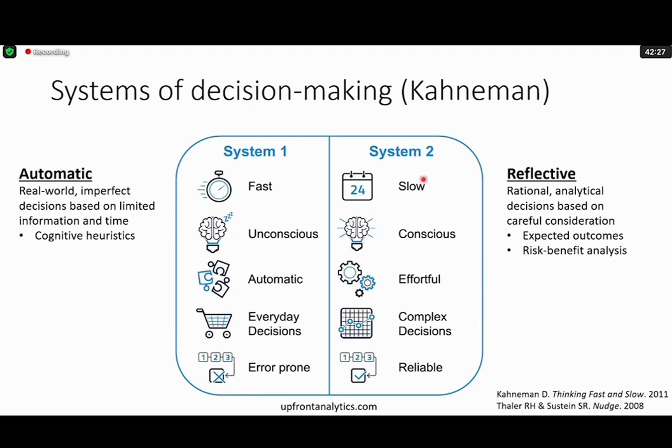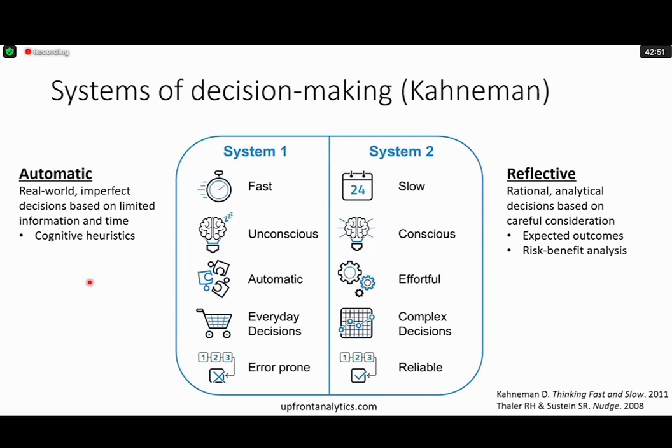But in reality, we only do this for rare decisions where they're complex and we have to put effort into them. The reality is that most providers do not have time to reflect on most of the decisions they're making, and they flip to their automatic brain, which is